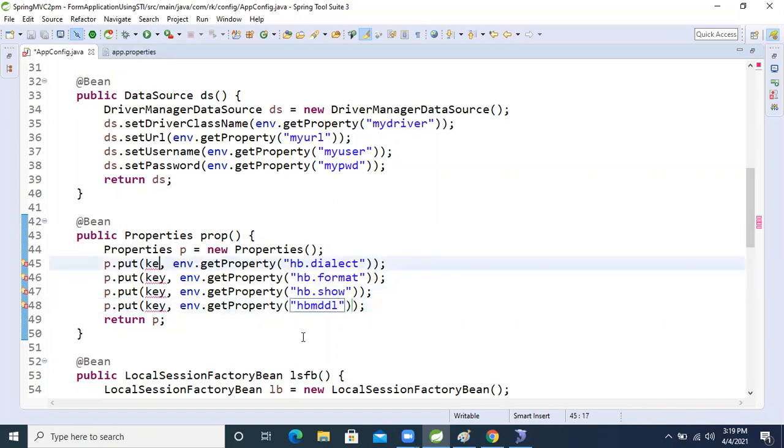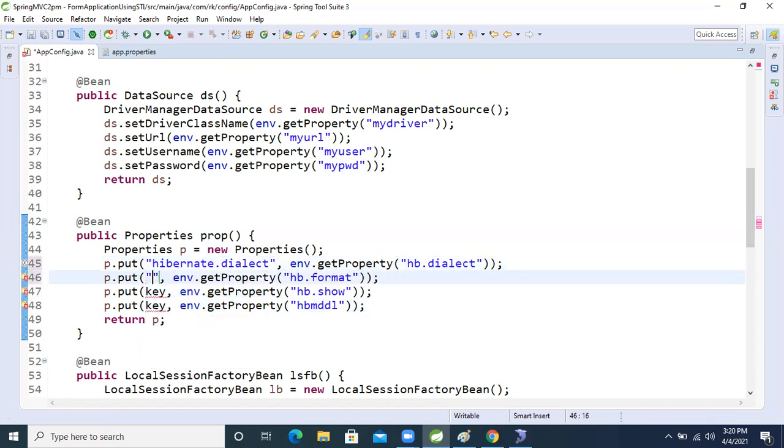Now make this one a key. What is the dialect? hibernate.dialect. Then hibernate.format_sql.